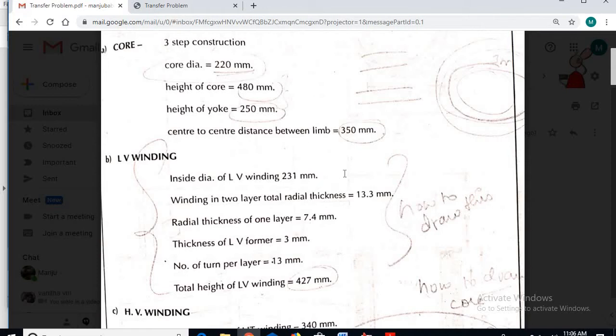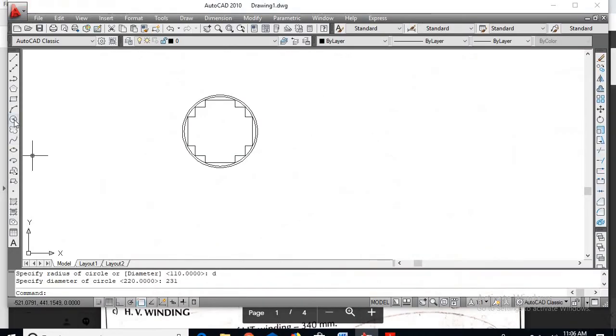There is 231 plus 26.6, so the diameter will be 257.6 mm. So go for circle, select the midpoint, type D, enter the value as 257.6, enter.